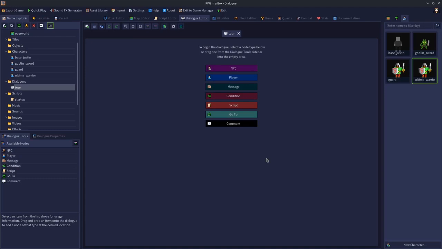It allows you to have branches of your dialogue then jump either back up or jump to completely different parts of the dialogue, based on where you tell it to go to once the dialogue reaches a go-to node. Okay. And then the last one we have, you're probably not going to use this too much,